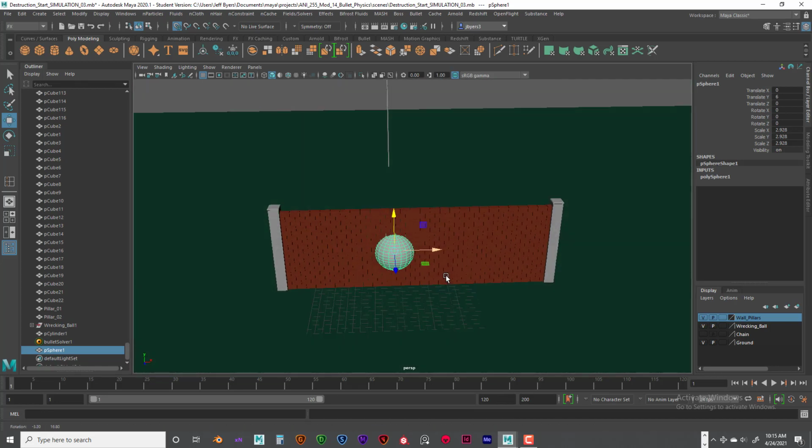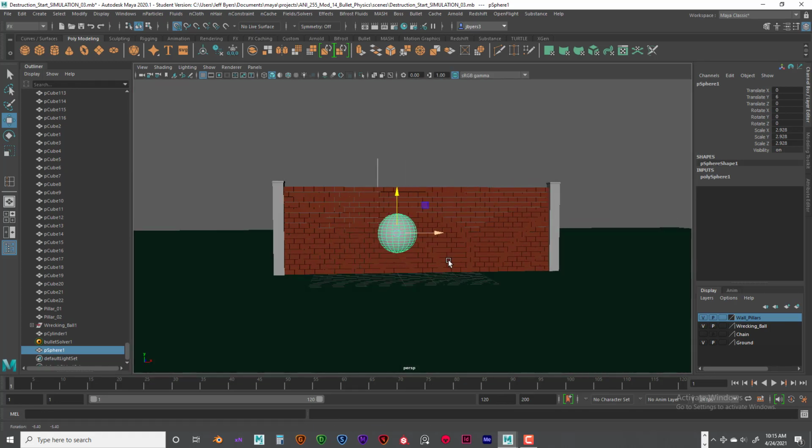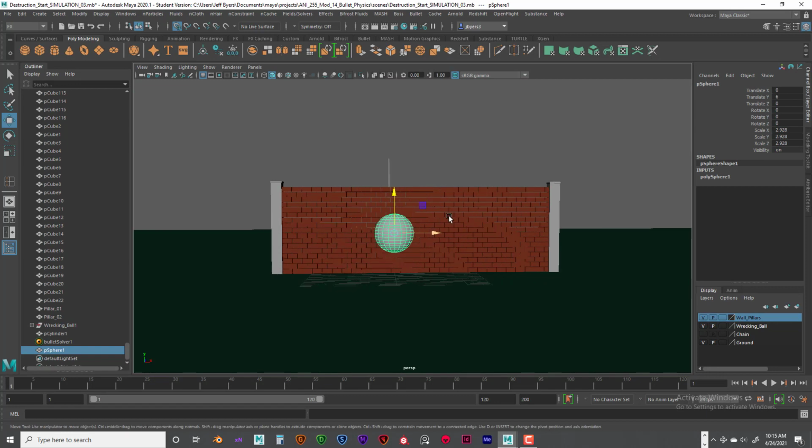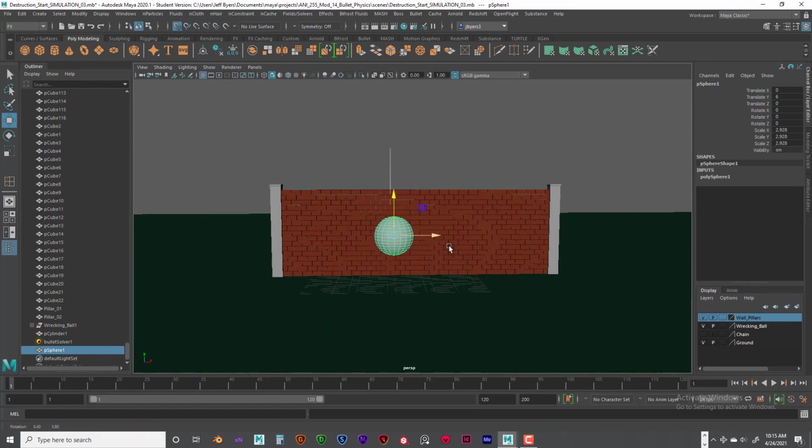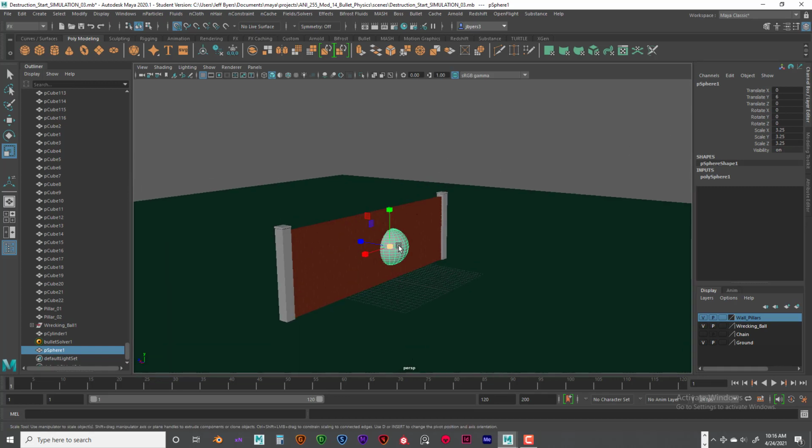Let's see if that will work fine with what we're going to do. I want it kind of off center. I don't want to hit it right in the middle. Is that enough? I think that looks good right there. Okay, so I'm going to